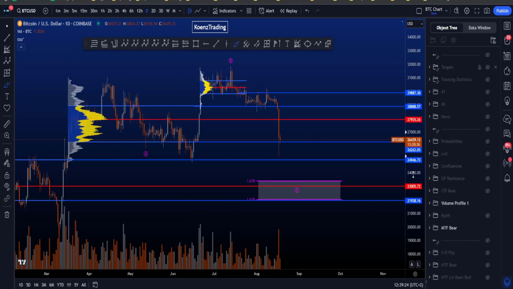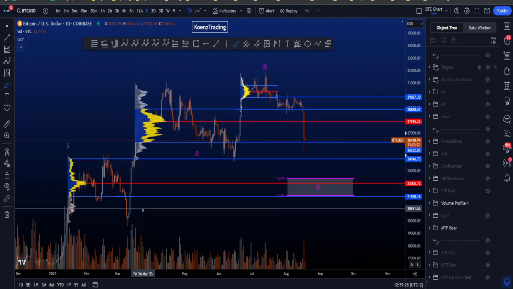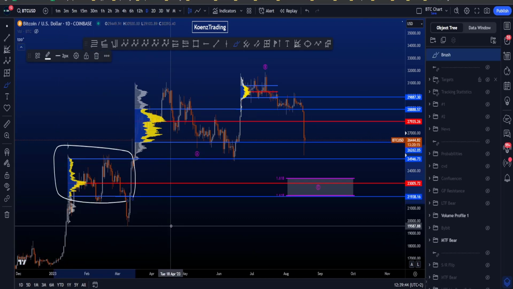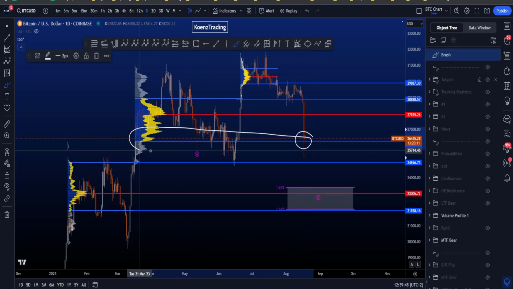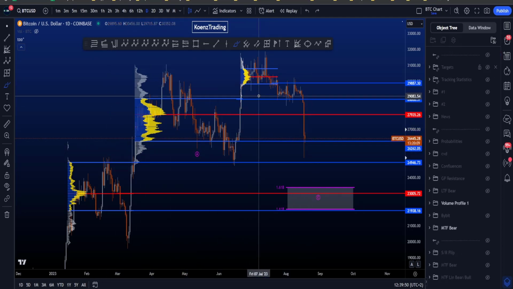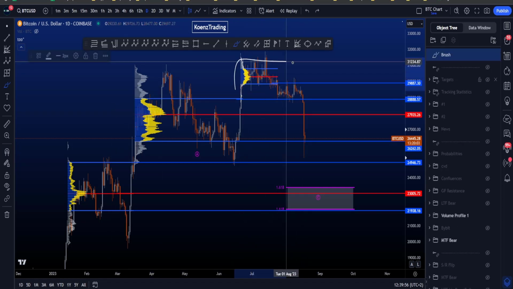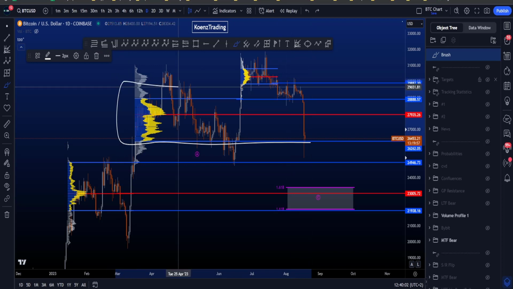If we look at the volume profile of the different ranges, then now, compared to the previous videos, I added another range to the chart over here, which is this one, as you can see. And currently, price over here is now bouncing on the value area low of this volume profile over here, after having support at the value area high and resistance over here at the value area low of this little volume profile. We now broke through the point of control as well to the value area low of this particular range volume profile,